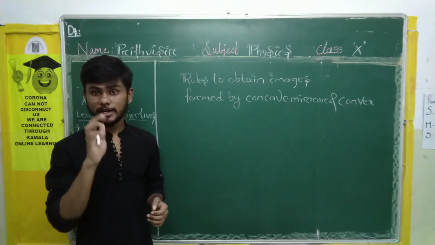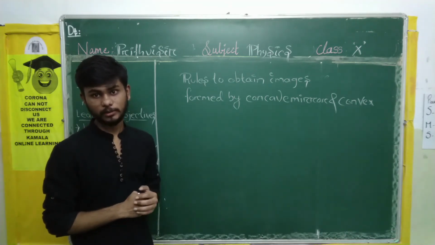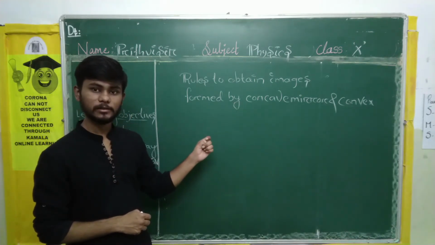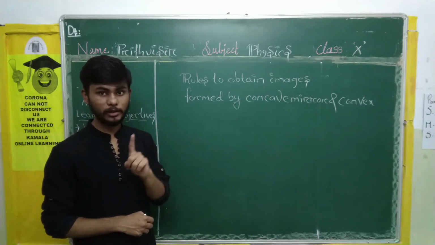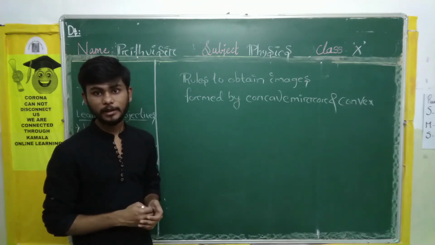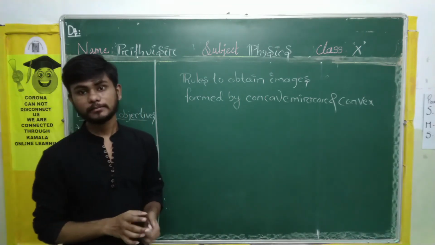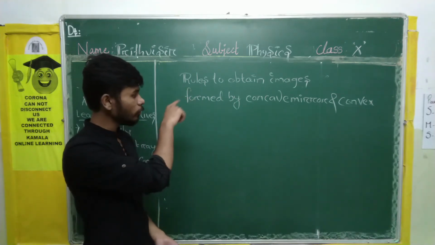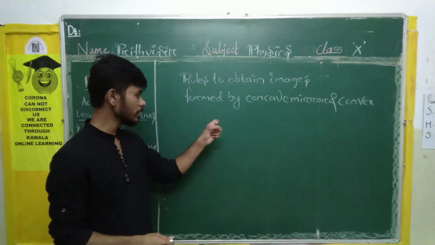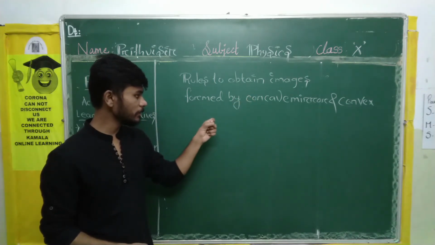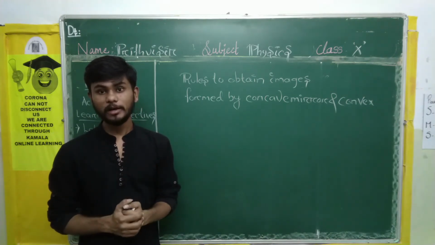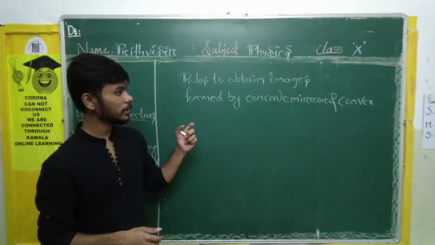Fine, students. And the last one, for the concave mirror I am talking about this one, okay. For the last one, you can see the ray of light is coming straight and it is striking the pole. Now the ray of light is striking the pole of the concave mirror. Then it will follow the laws of reflection. It will go by making an equal angle, that is angle I is equal to angle R. That means at this point, as you can see, the ray of light is coming, after striking it is going back. Fine, students, I hope you all have understood the rules to obtain images for the concave mirror.